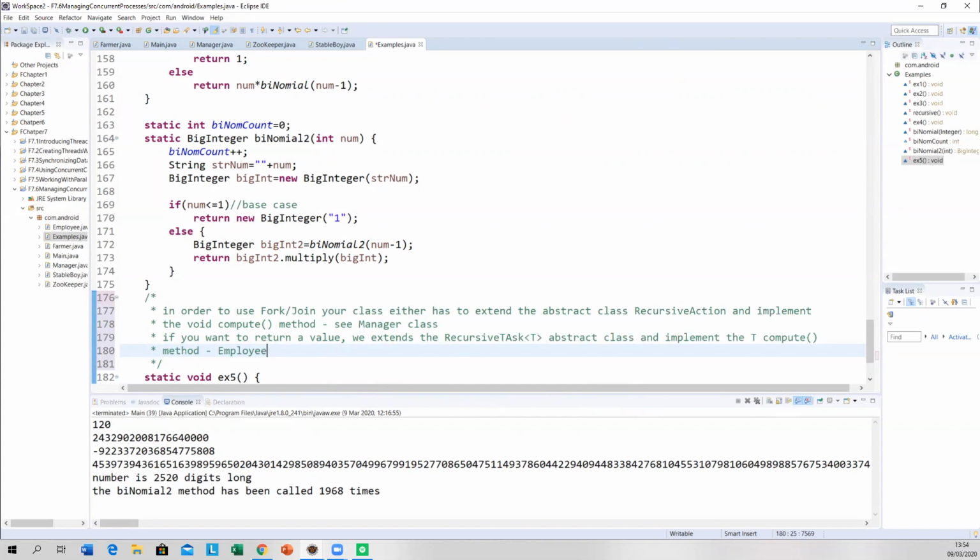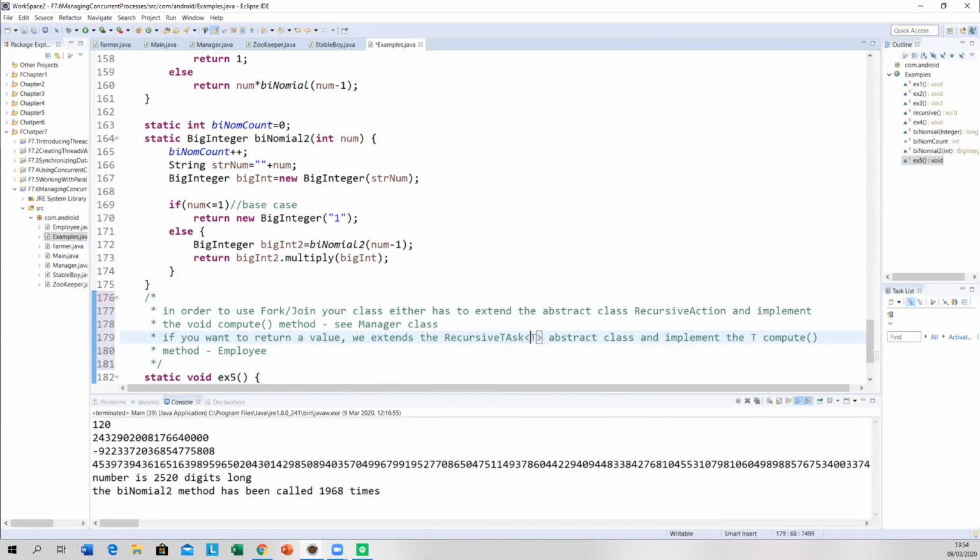That's going to be the manager class. And we're also going to use RecursiveTask. Now, we supply the type, so it could be a double, an integer, a dog, a cat, a string. That means that compute will return a double if this is set to double, it'll return cat if this is set to cat, it'll return string if that's set to string.